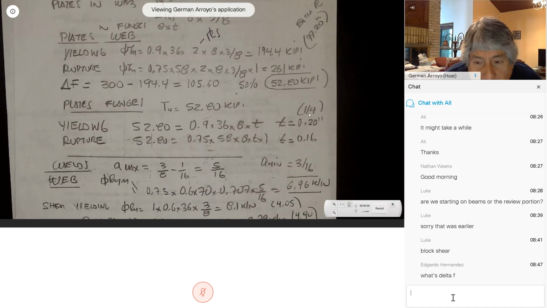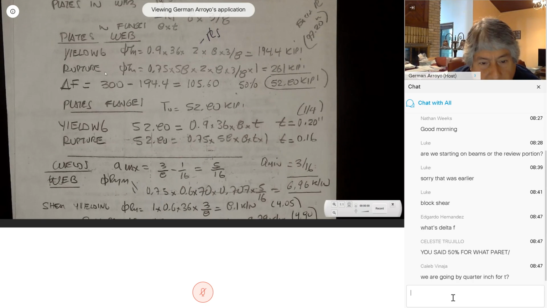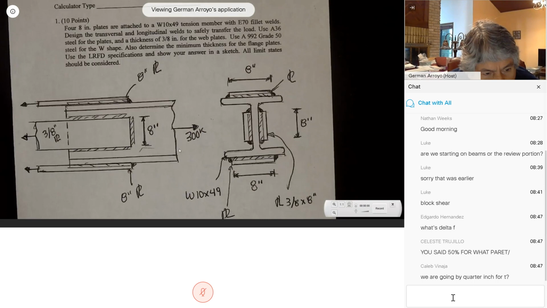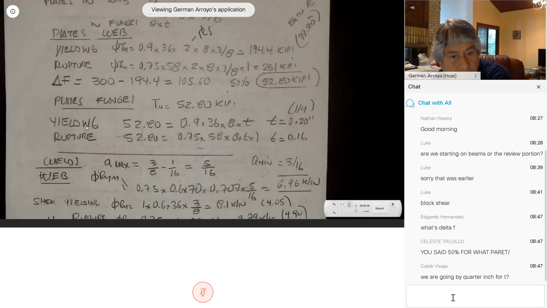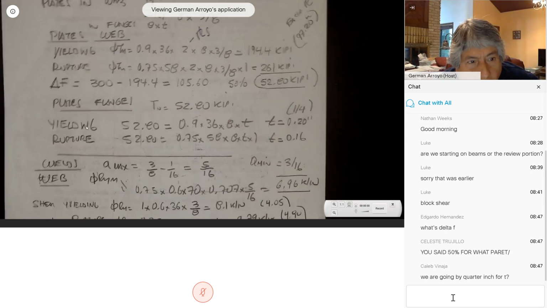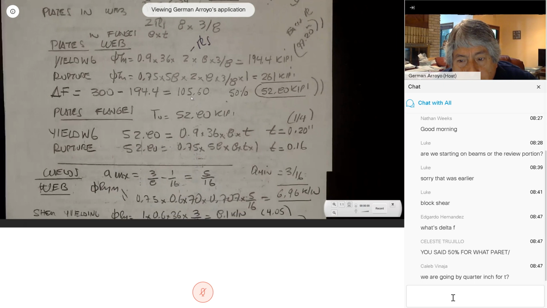So I already know what is delta F. Delta F is the difference between the forces. We had a 300. 300 is given, the force taken by this plate. The plates in the web, they're taking 194.4. So the difference between the total load and what is taken by the web is 105.6. Well, for T,